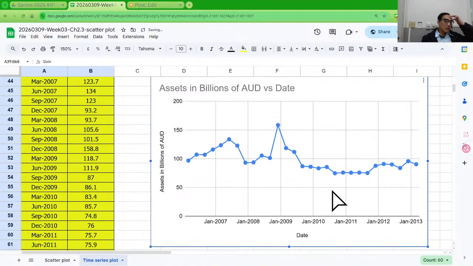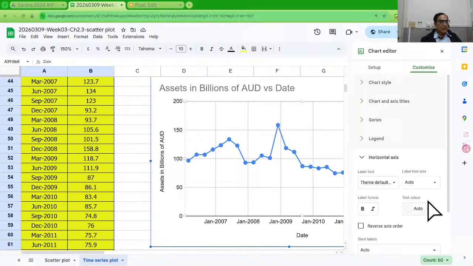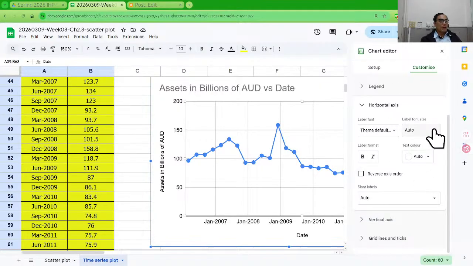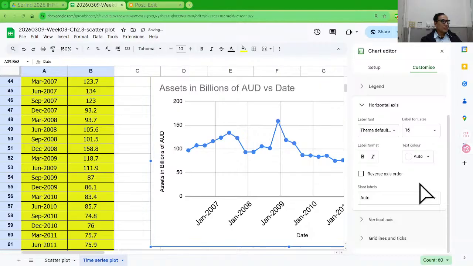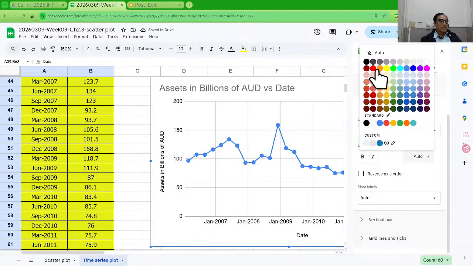Sure, if you want to do more modification, for example, the scale of the horizontal axis, label font color, text color to red,